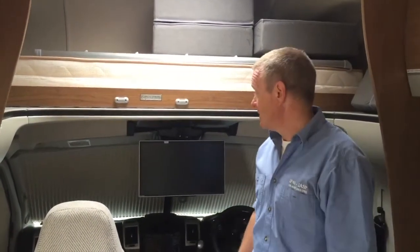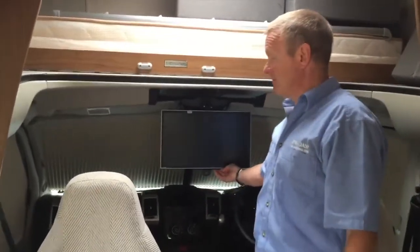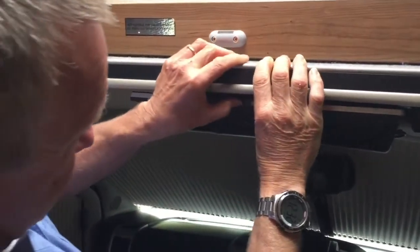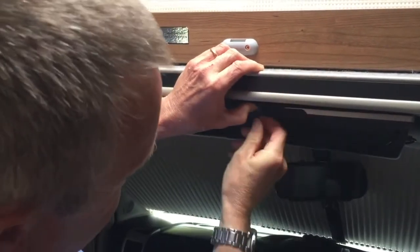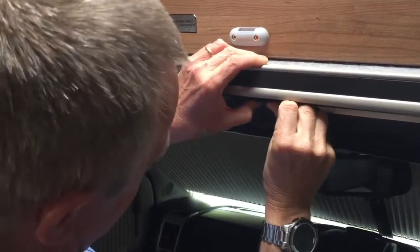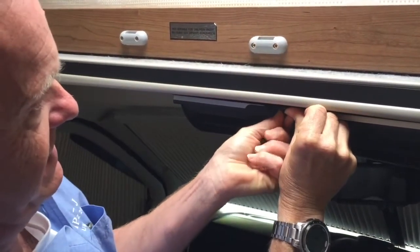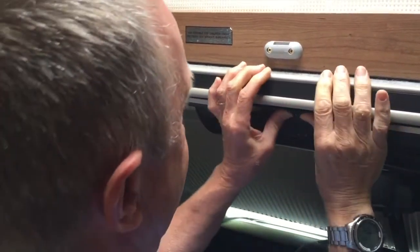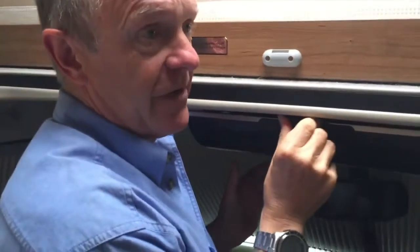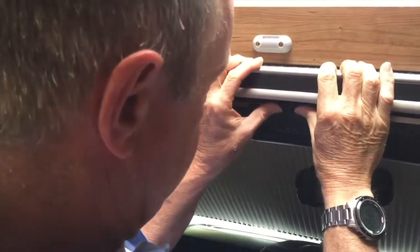Now all we have to do basically is to put the TV away. So to do that, we just raise it up, and as I mentioned earlier, the clip here is quite a squeeze to get it into place, so you have to use a little bit of force to get it up into position, and I'm struggling as we speak. There we go. So as you can see, it does require a little bit of effort to get that into place, but that's basically locked now, in position, ready